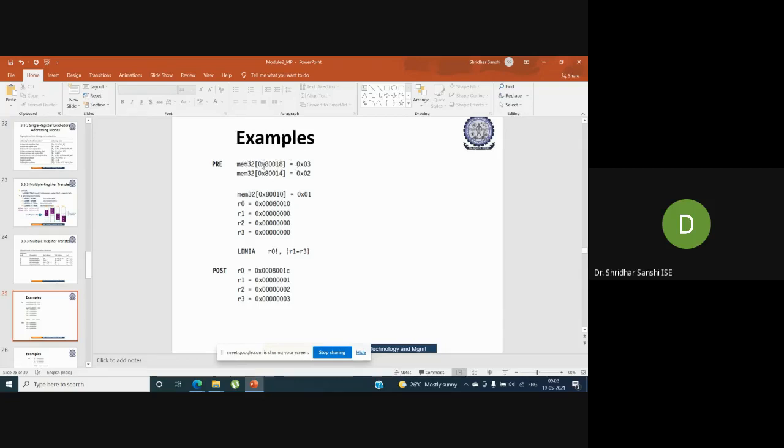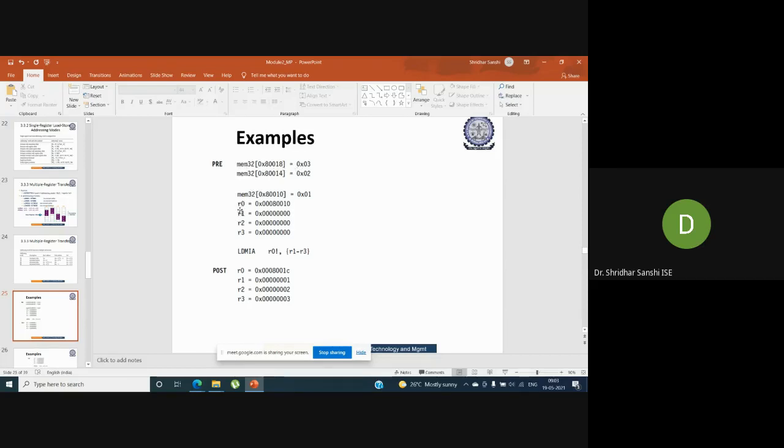In this particular address we have value 0x03, hexadecimal 3. Since it is 32-bit, there is a change in the address, so it is 14 now. In this memory address we have 0x02, and in this memory address we have 0x01. So that's what this instruction means.